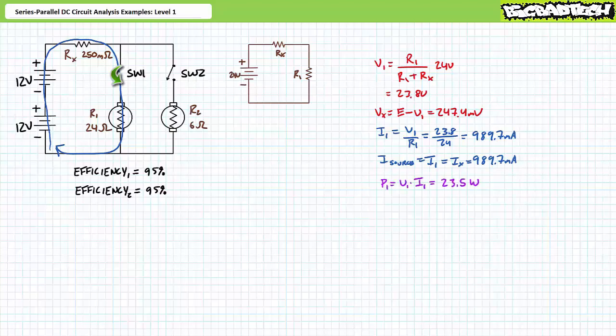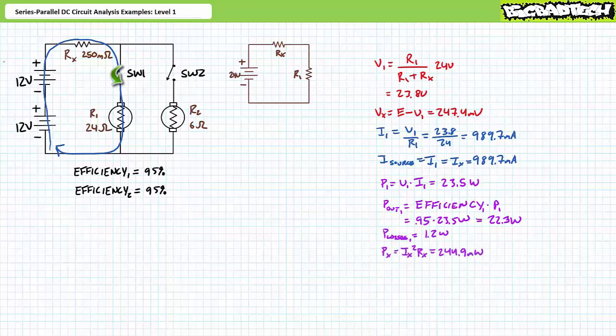The electrical power delivered to resistor 1 is the voltage across it times the current through it. This yields 23.5 watts of electrical power input. Usable power output is efficiency times input. Given a 95% efficiency rating, the usable output of motor 1 is 22.3 watts, where 1.2 watts are considered a loss. The power dissipated by resistor X is also considered a loss, where the power dissipated by resistor X is